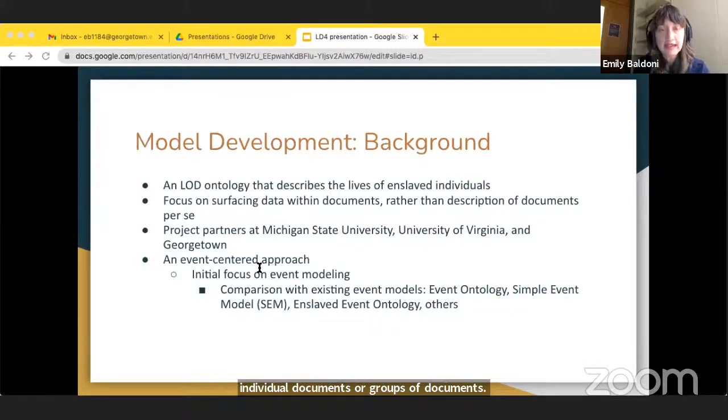So project partners at Michigan State, University of Virginia, and Georgetown began meeting regularly to work on the model around July and August of 2020. At the outset, the focus was primarily on event modeling. We knew that we would also eventually need to be able to represent the people, organizations, and places that appear in these collections, of course. But the feeling was really that those types of entities were already relatively decently represented in existing linked data vocabularies. So where there was really a unique contribution to be made was in the representation of events occurring in the